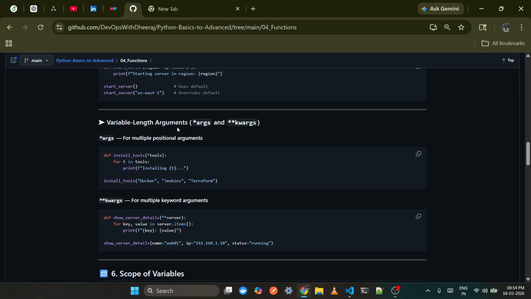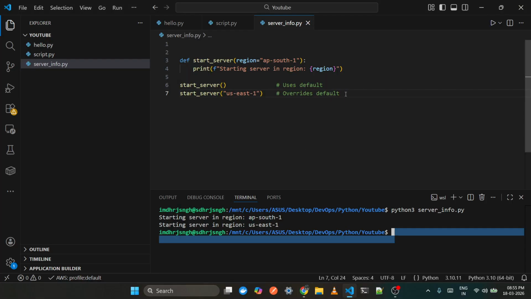After that, we have the variable length argument as well. This is very important, and I will let you know why. Inside variable length arguments, we have two cases: the first one is *args and the second one is **kwargs. The first is for multiple positional arguments and this is for multiple keyword arguments. I will firstly tell you the first case. Observe this